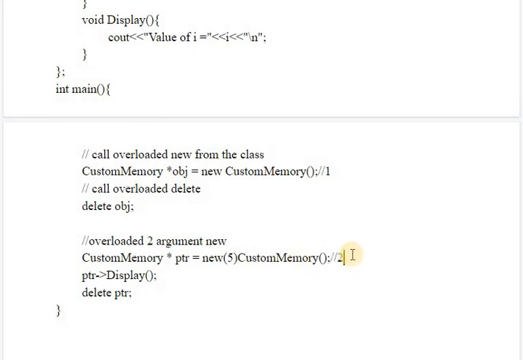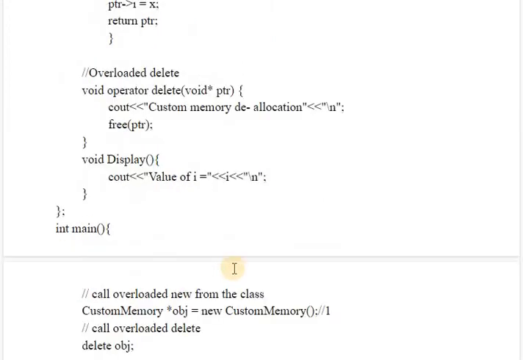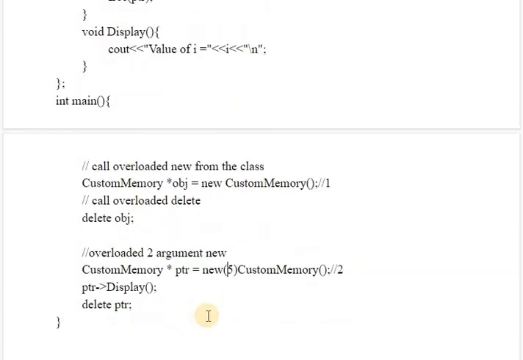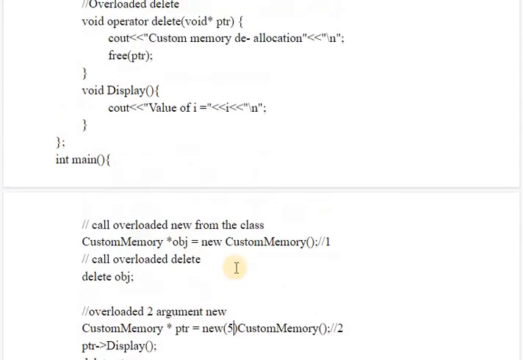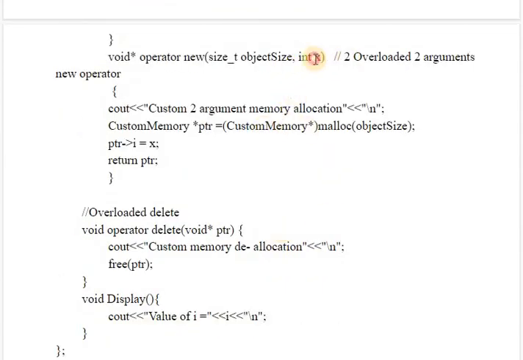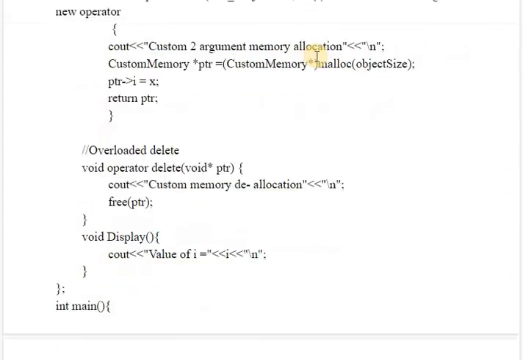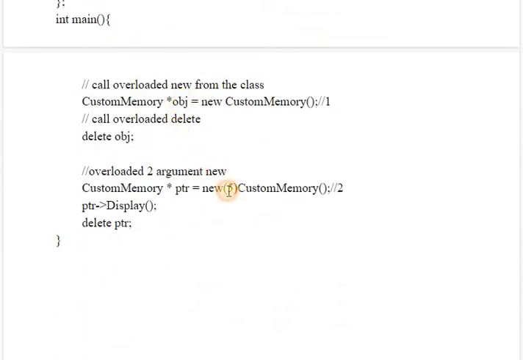And here I will write the 2, so that it will be easy for you to match, because here we have defined one argument as the number of bytes for which we are allocating memory, and for the second one we have taken int x, so it will expect an x value here. So this is the syntax to write the second argument, if you have any second argument in your new function, like here. So the object size is also expected, but it will also expect the int x. So for int x we have taken the value like this.